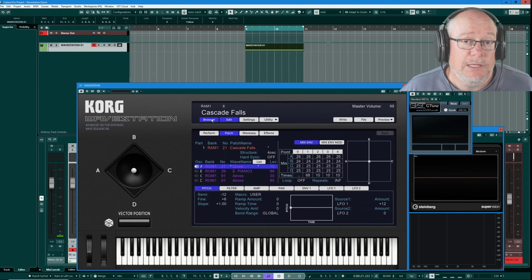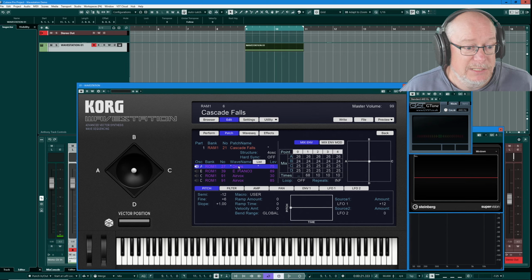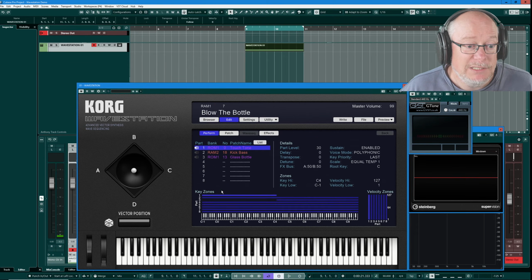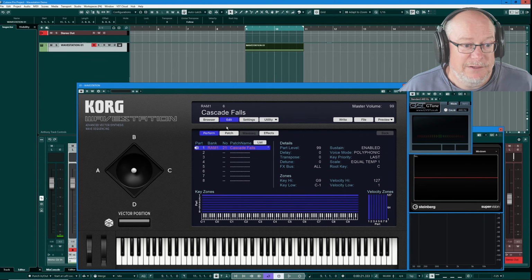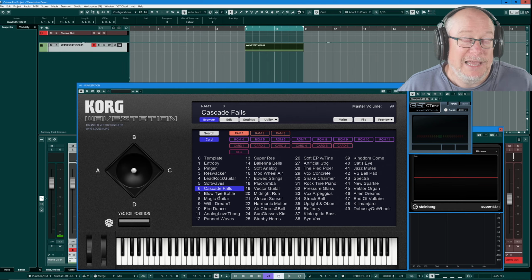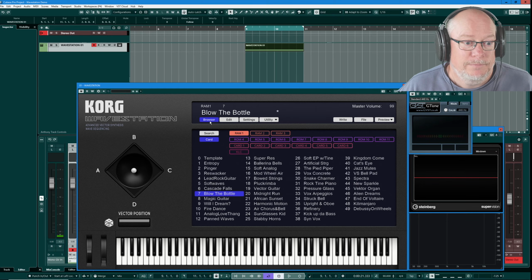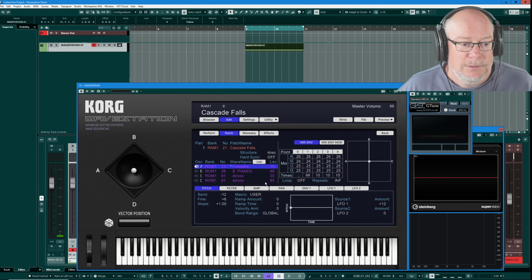Now for this demo, I want to reload the Cascade Falls performance from scratch, but I actually can't at the moment. If I double click on Cascade Falls and head back into patch mode, you can see the edited wave sequence is still there. In fact, even if I reload a different performance and then reload Cascade Falls, that still doesn't do the job. If you ever want to completely reset a performance back to its default state, what you need to do is reload a separate performance and then make any edit at all. Then when you reload the performance that you actually want,